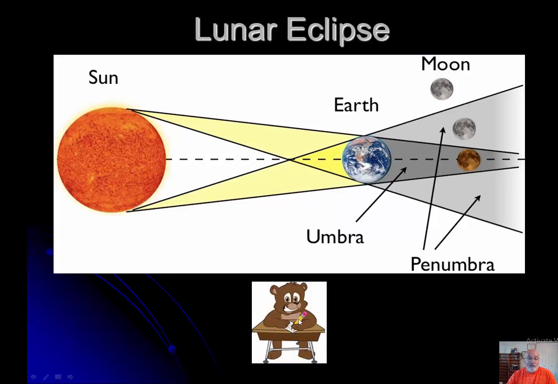I'd like you to draw this diagram too, and the same sort of thing. You draw the Earth, and you draw a line from the top of the sun to the top of the Earth, top of the sun to the bottom of the Earth, bottom of the sun to the top of the Earth, and the bottom of the sun to the bottom of the Earth. And you see that the shadow of the Earth is a lot larger, the moon is a lot smaller,